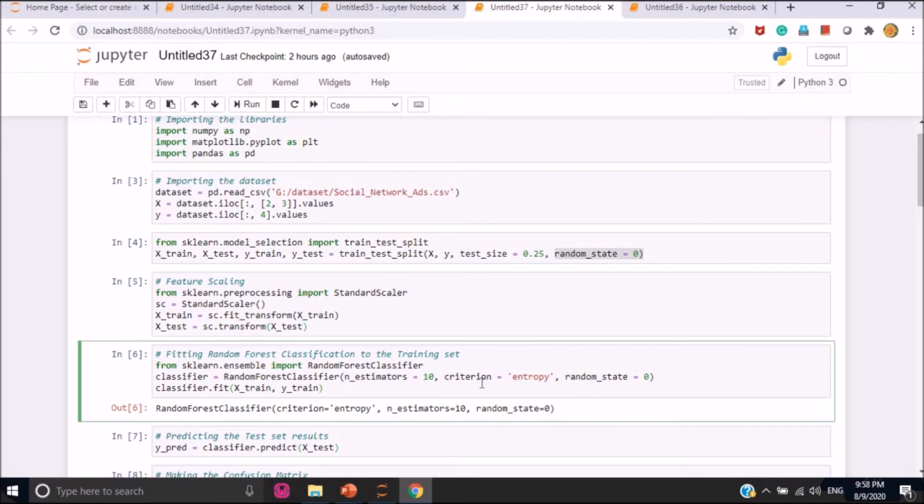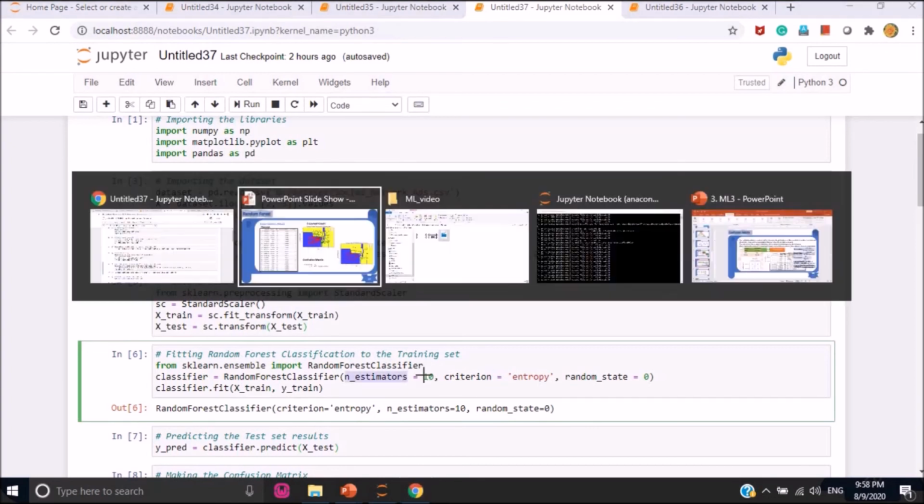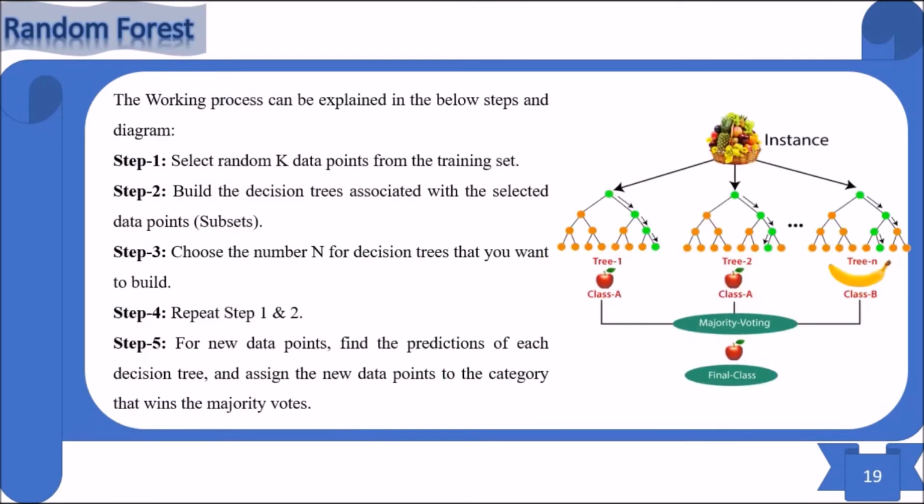We have already discussed what criterion equals entropy and random state equals 0 mean. Now what is this n estimators equals 10? Here n estimators defines the number of decision trees we want in our random forest. I already told you that in this example.